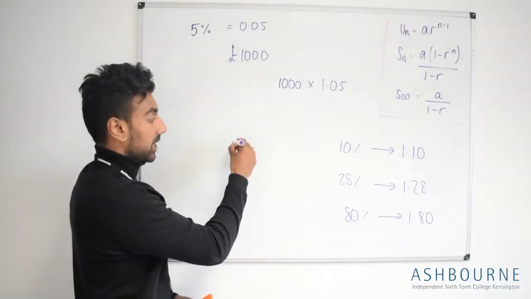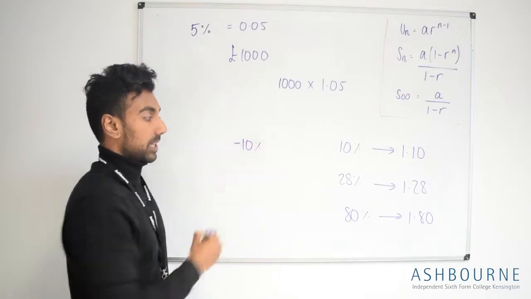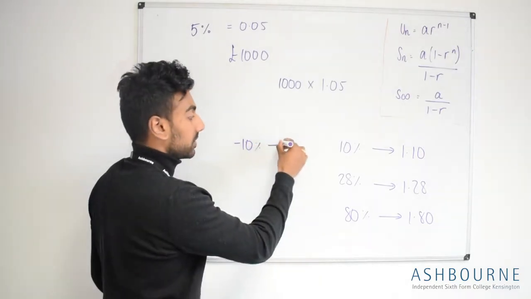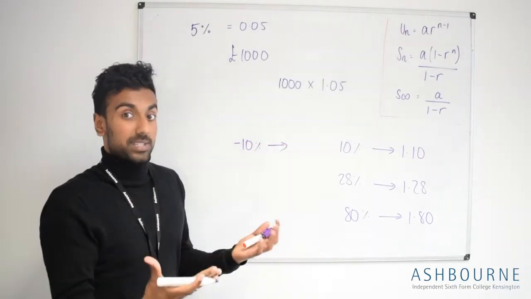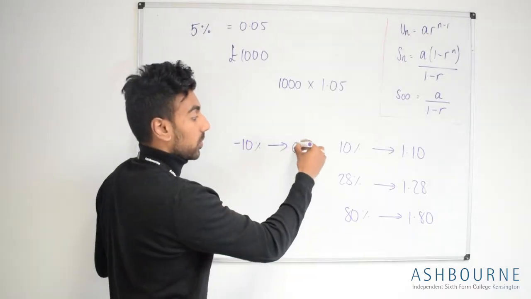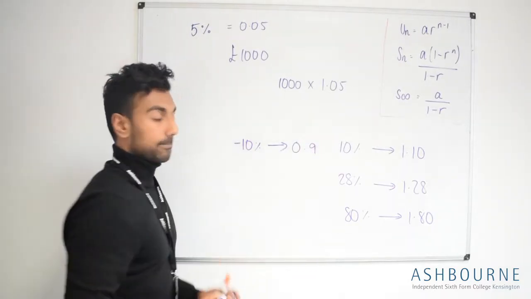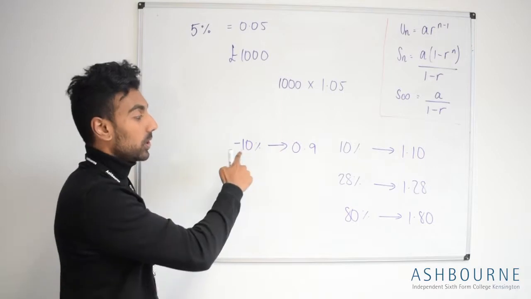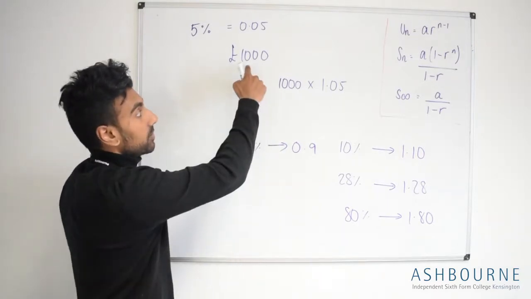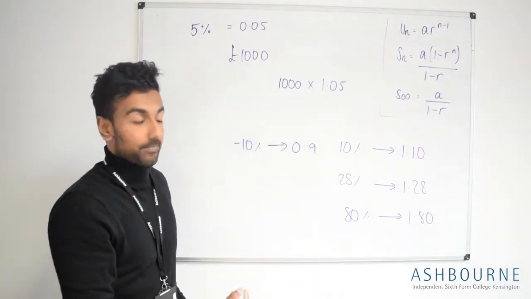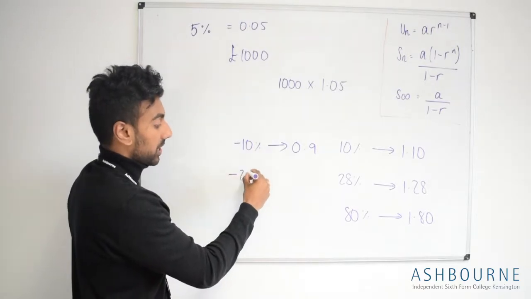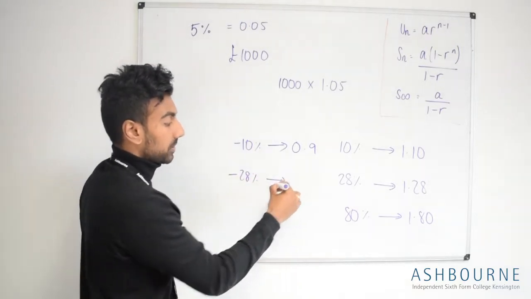Let's say each year you are losing 10%. Then you would be timesing by 90% essentially. You'll be timesing by 0.9. Make sure you understand that, because you're losing 10% each year, you're going to times your value each year by 90%. Similarly, if I had minus 28%, I would be timesing it by